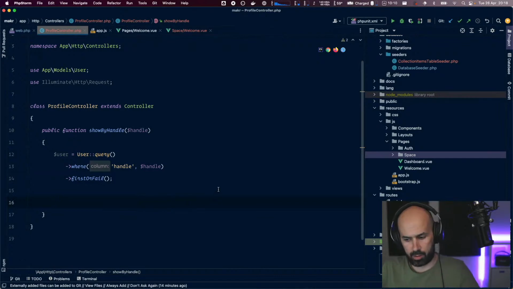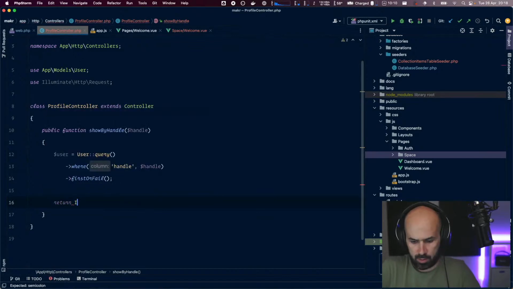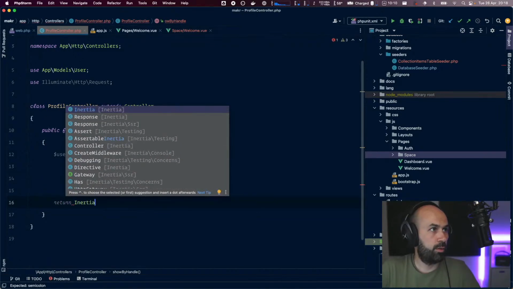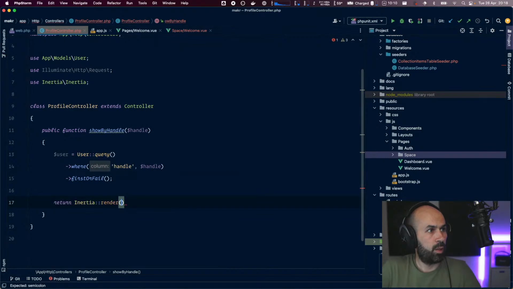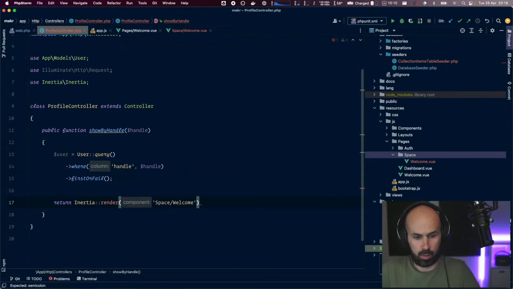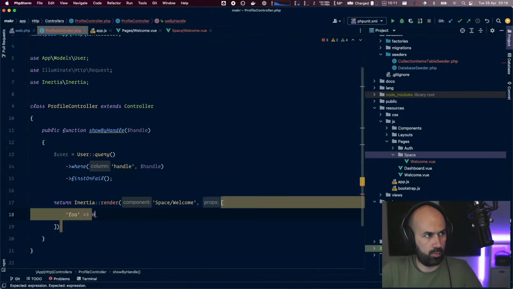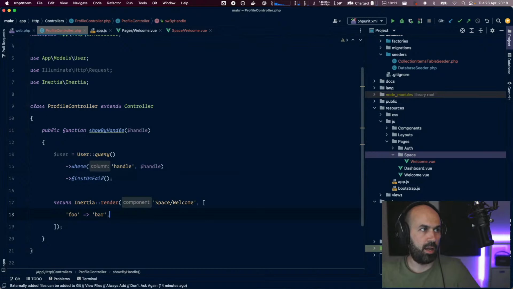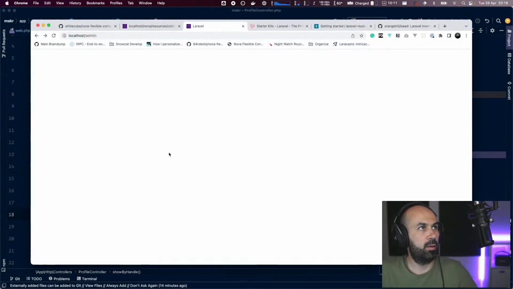We should return, well, let's put him to the page first of all. So it will be inertia render, and it will be to our component. It's called space welcome. And we'll pass some data. For now, just the ugly foobar, I don't care. And